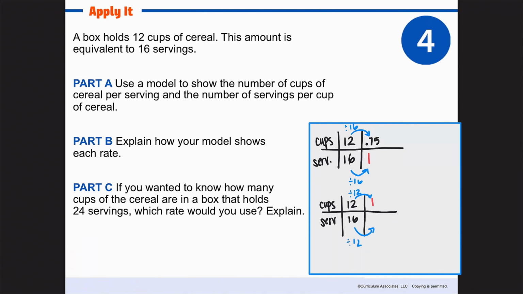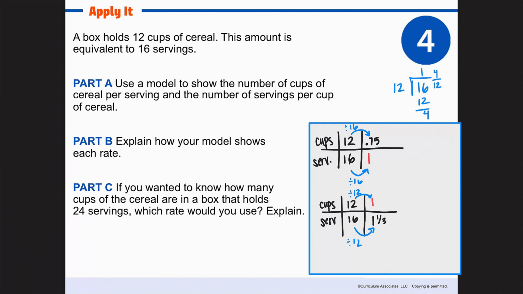and 16 divided by 12. I'm just going to make that into a mixed number. It goes in 1 time and 4/12. And I know that 4/12 is the same as 1/3. I have 1 and 1/3. Yay! So we have found out now, because we're looking for the unit rate, the rate,